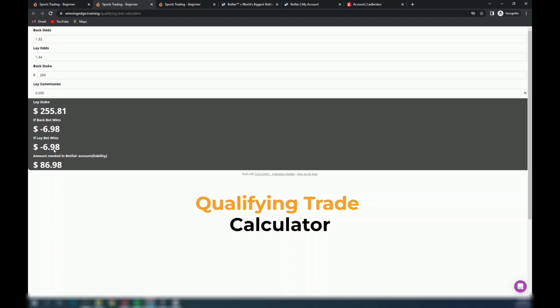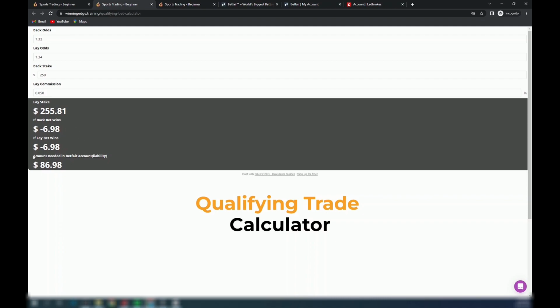Again, before the event even happened, we see that our calculator, the calculator that said we would lose $6.98, whether the back bet won and the lay bet lost, or the lay bet won and the back bet lost, was exactly correct before the event even happened. And one thing I do want to say one more time is that this back bet, this qualifying bet,